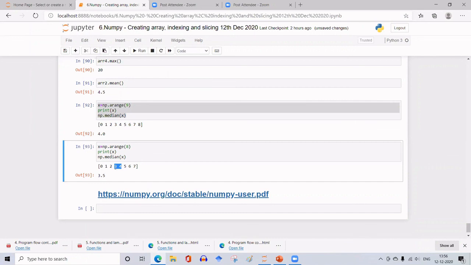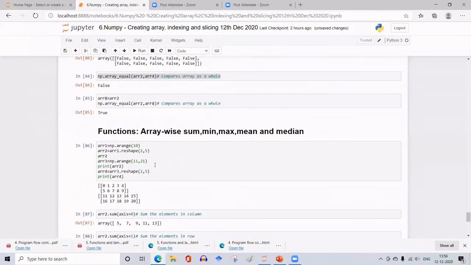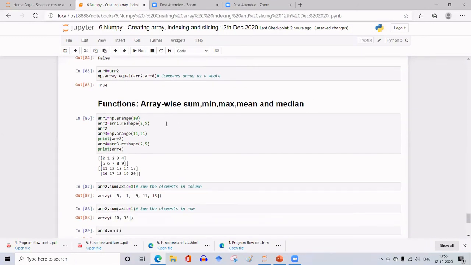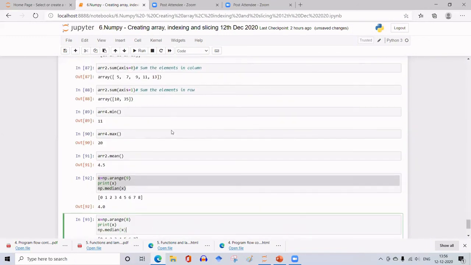Average of the two center values, 3 and 4: 7 divided by 2, that is 3.5. That is termed as the median of the array. So that is about getting some properties array wise using these functions. Is this clear?